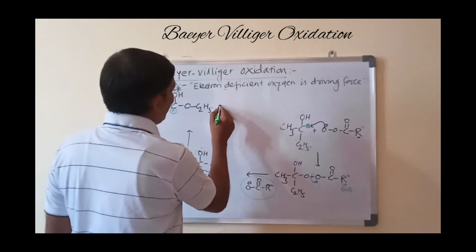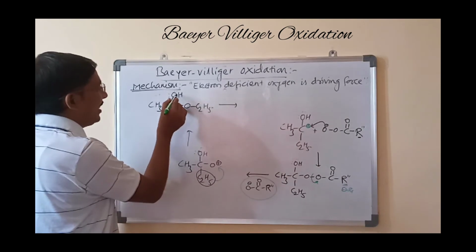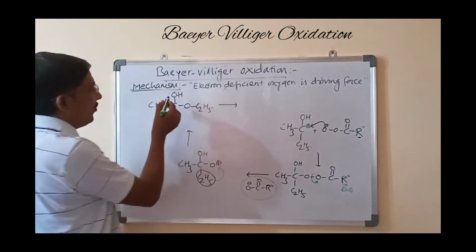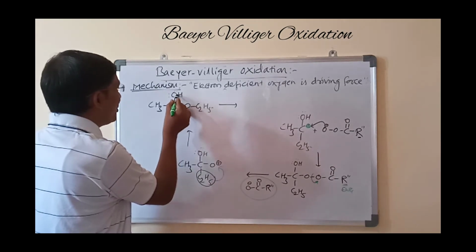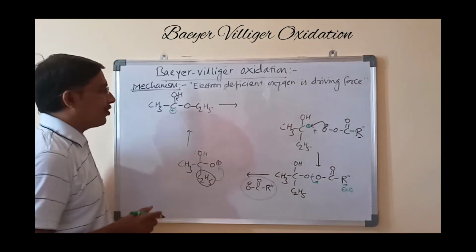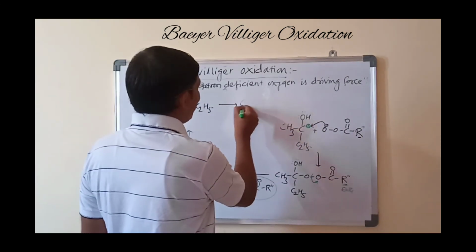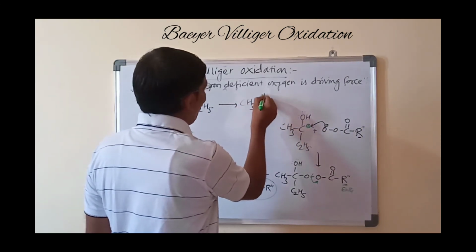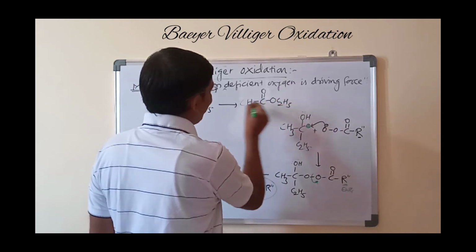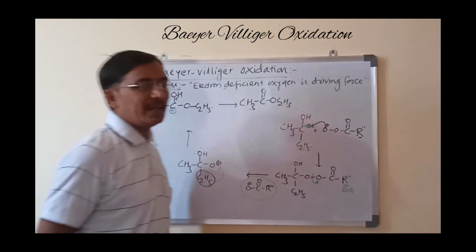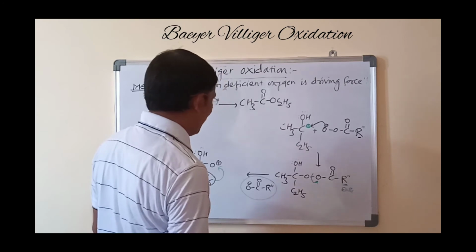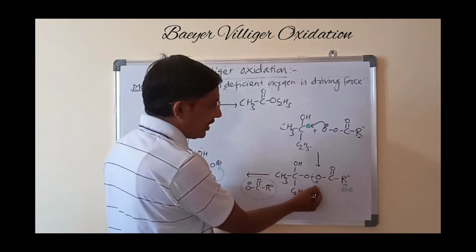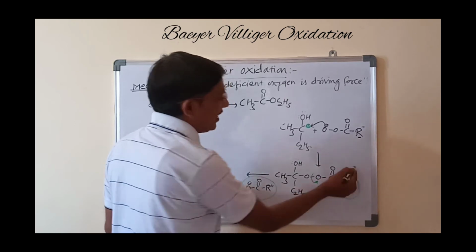Then finally what happens, there will be shifting of the OH electron from the double bond. You can show first the lone pair of electrons and then shifting of the OH electron, but directly I will write here the shifting of this OH electron towards this carbon oxygen bond, and we will get the product as CH3 C double bond O OC2H5, that is an ester. In this way we will get an ester. This is our reaction. That means two important steps are there. One is the breaking of this bond, which is facilitated by this alkyl group.